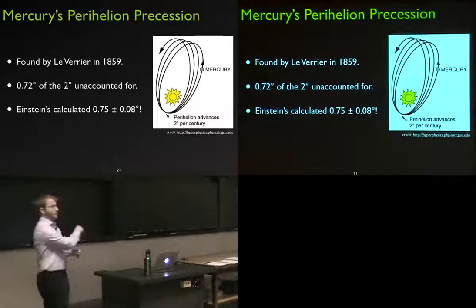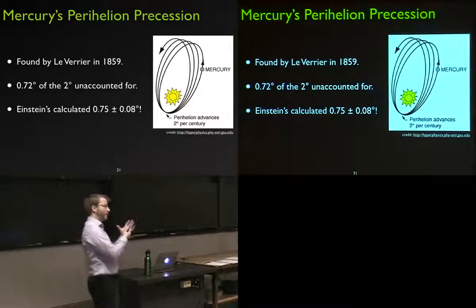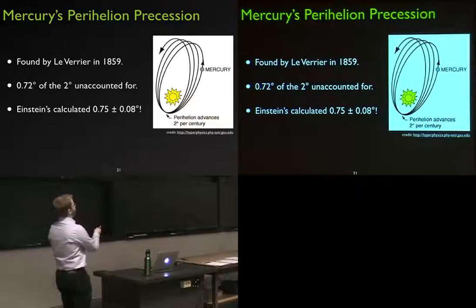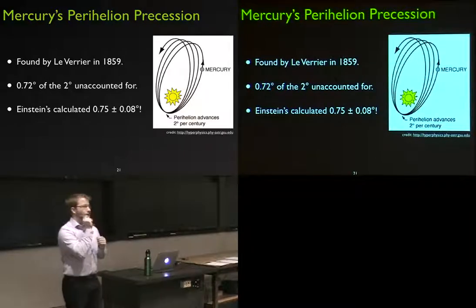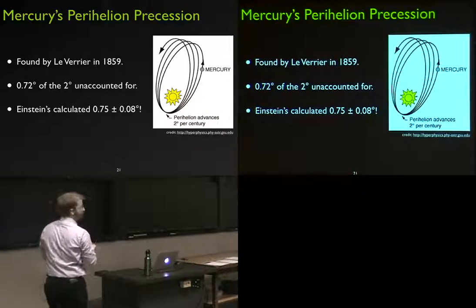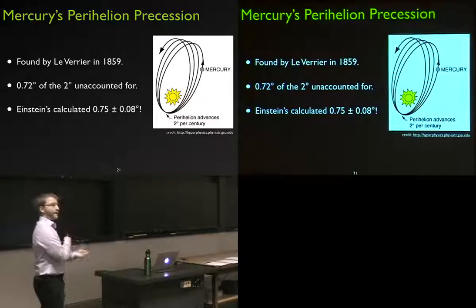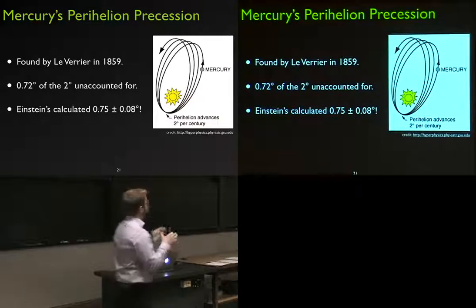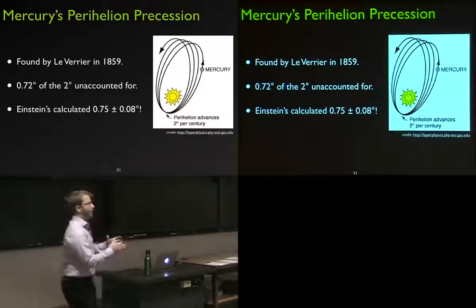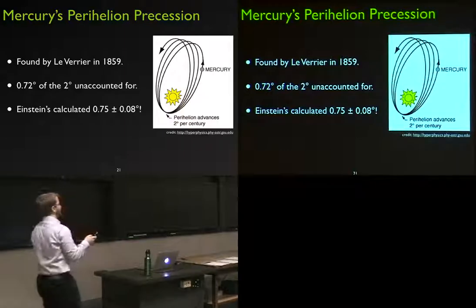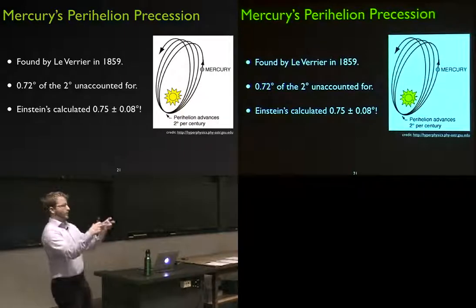So there was this thing that we've been talking about, which is the advancement of the perihelion, the closest point of approach of Mercury to the sun. Astronomers were observing that perihelion, that closest point of orbit, to be moving ever so slightly, 2 degrees per century. And there's lots of reasons for that to move. I mean, if it were just the simple orbit on its own, you just had Newton's gravity describing its behavior, Kepler's laws were describing the orbit of Mercury, and there were no other planets in the solar system, you would expect that elliptical orbit to stay stationary.